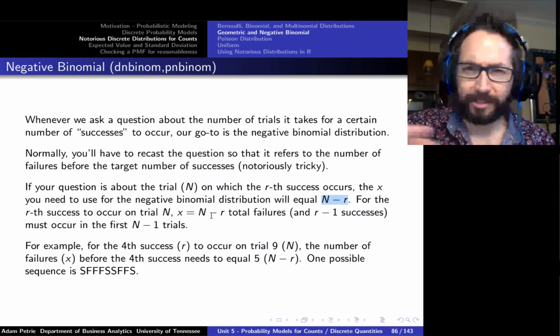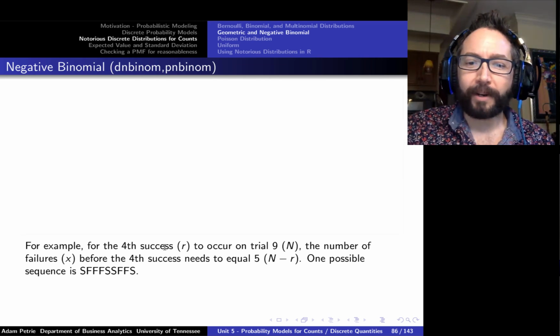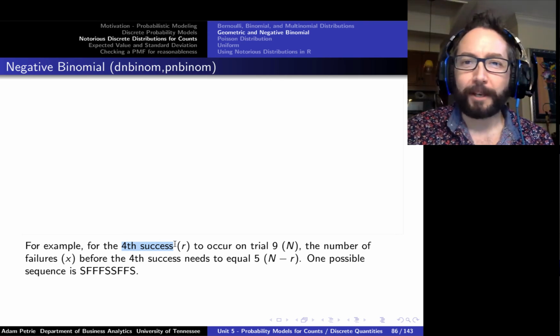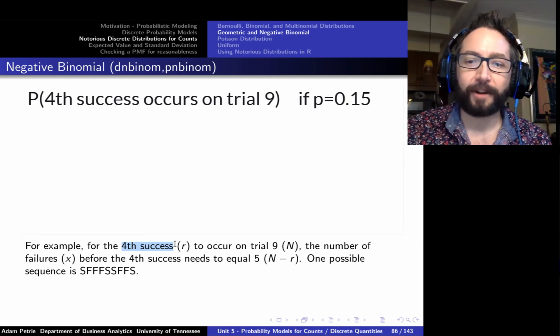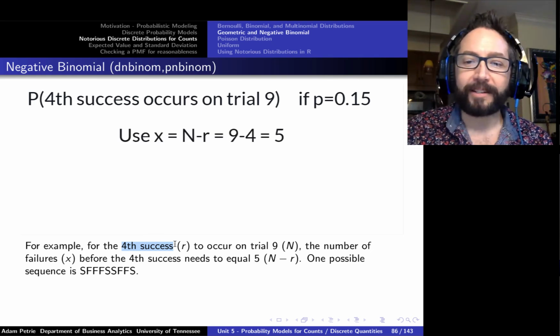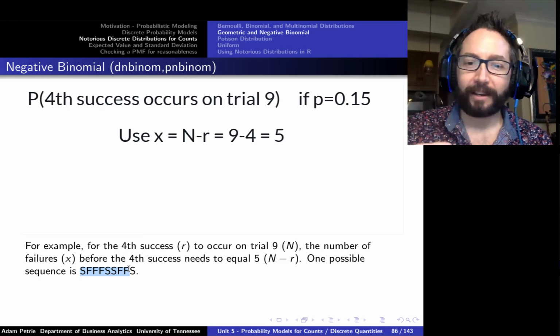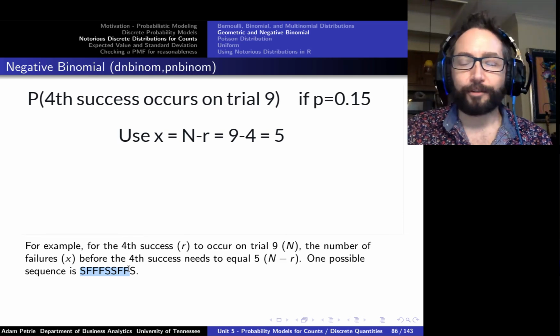So, quick example just to see why this equation makes sense. If we want to know, all right, how long is it going to take for that fourth success to occur? R is equal to 4. And we really want to know something about the total number of trials. Let's say, what's the probability that the 4th success occurs on the 9th trial? Well, what is our sequence going to have to look like? It's going to have to end with a success on that very 9th trial. We're going to have some mixture of successes and failures, 3 successes, and a total of 5 failures for that 4th success to occur on trial number 9.